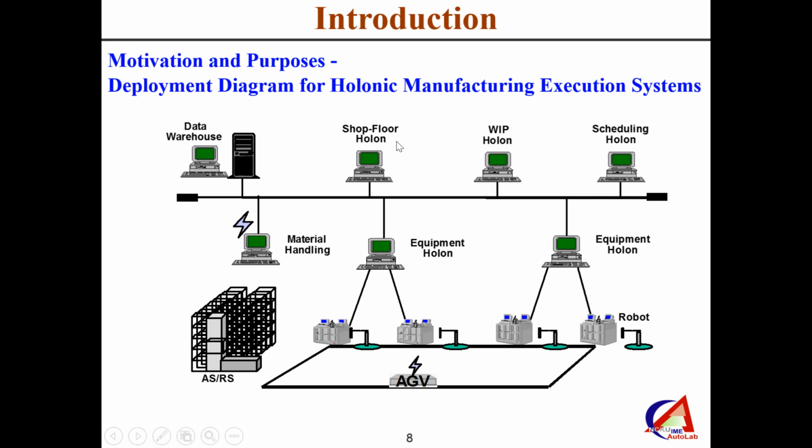So a factory consists of equipment and operators and materials and WIP, right? And we have equipment Holon to control it, and we have WIP Holon, etc. And the shop floor Holon will dispatch an order to the scheduling Holon, and scheduling will dispatch orders to the AGV, etc. to do the job. But you see, from here, it's not easy to know the operations. It's not easy to know the